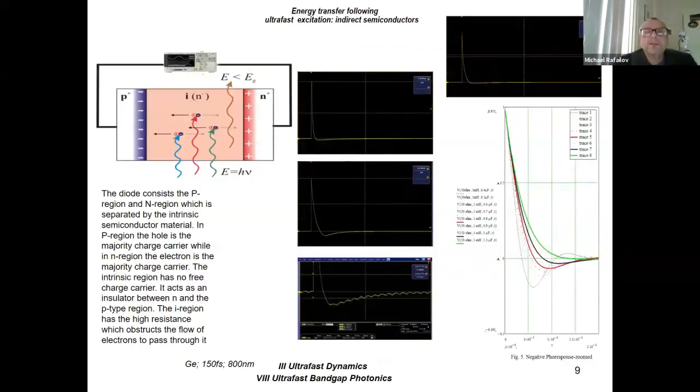So here are a few observations related to that. We have an ultrafast pulse, 150 femtoseconds, 800 nanometers. At some fluences, it starts to demonstrate interesting behavior. When you excite the material, it demonstrates a so-called negative photoresponse, which means that at some point the material generates a charge which is opposite to what it's supposed to. At the same time, the material is fully responsive.